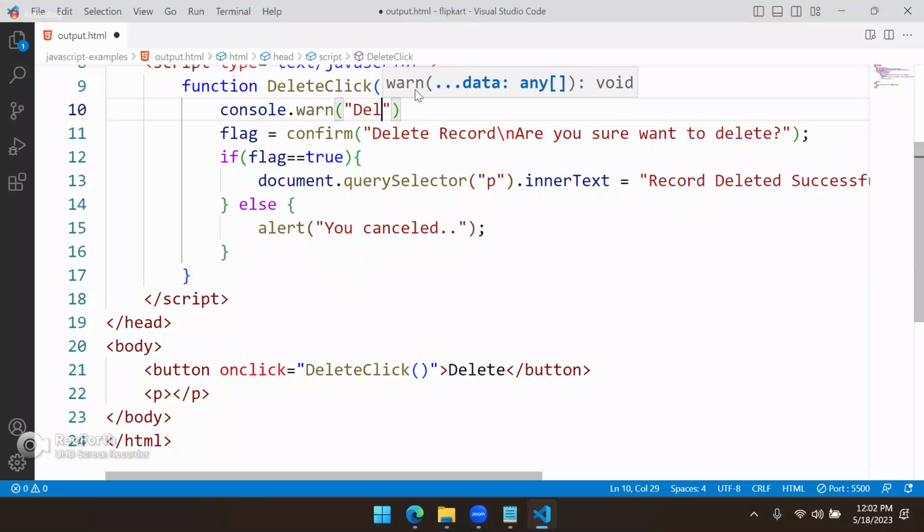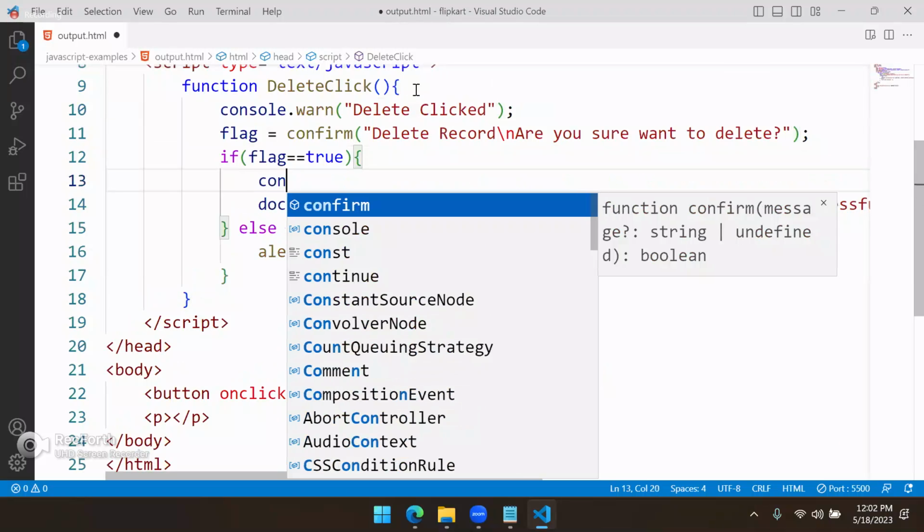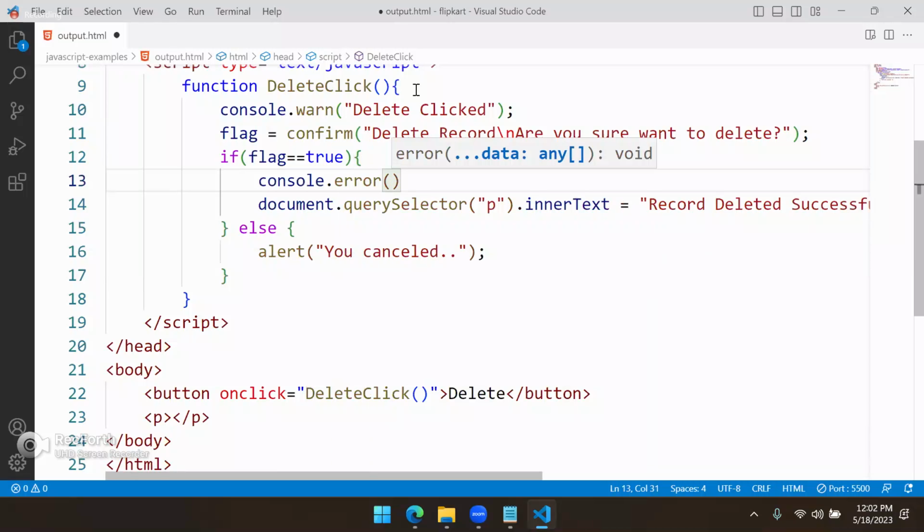Console.warn. I will say that delete clicked. Okay. After that, when users say okay, that means now console.error. Error is a different style. All these are different styles of displaying messages. Warning style means an exclamation mark will come. Error means a cross mark will come. Info means an I will come. That depends on the browser again. So here error saying that deleted, or we can say that okay clicked